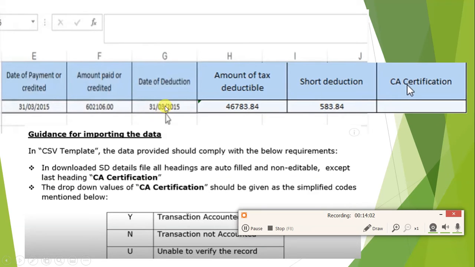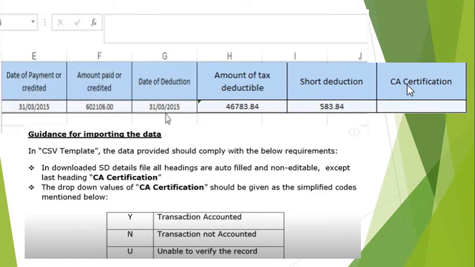Since all other details are auto-populated in the CSV file, only one option will be left blank for the CA to take an action. That is called CA certification, in the last tab. So if you could see here, CA certification.